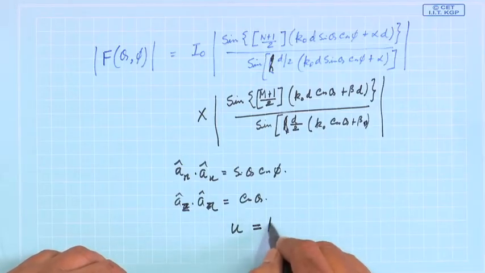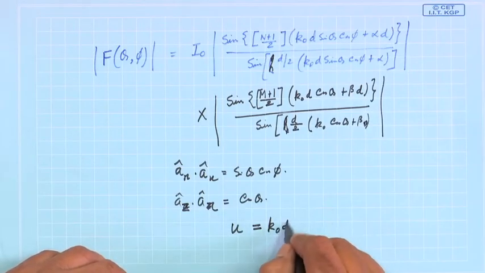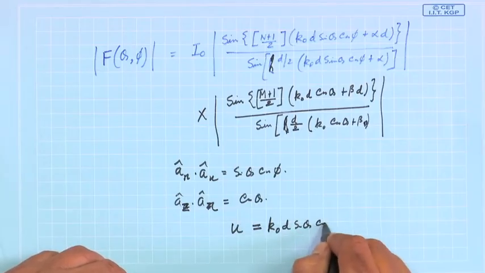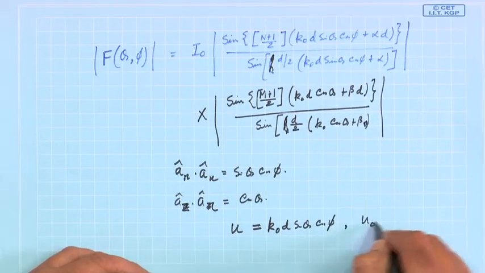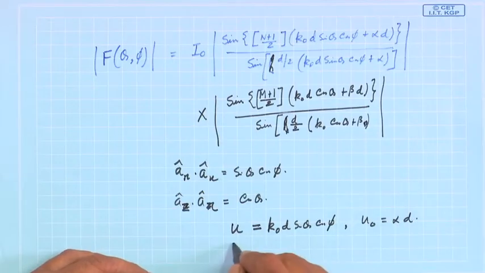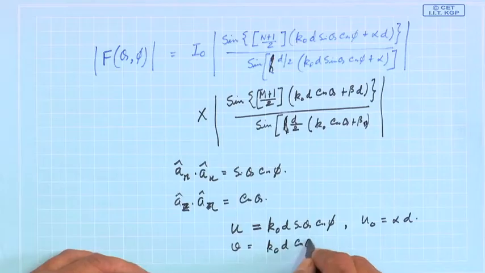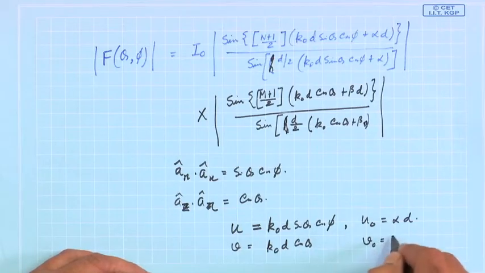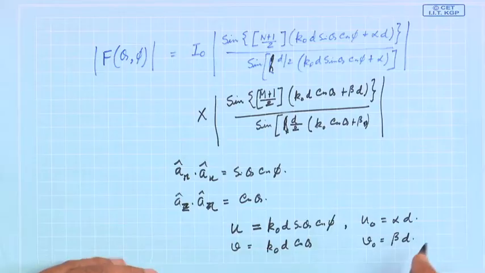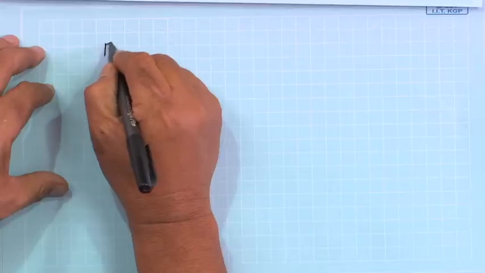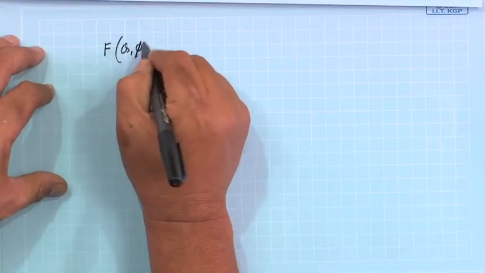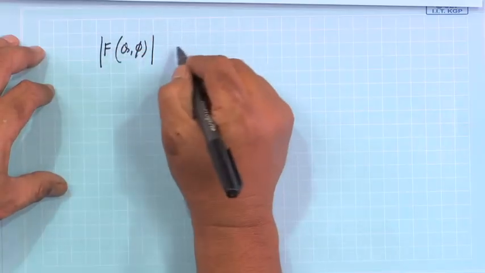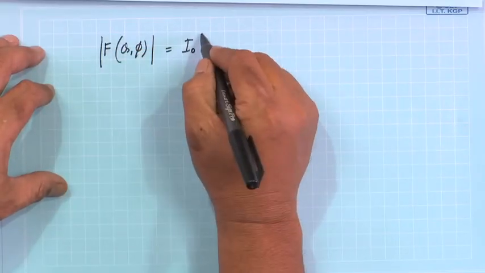So, u as before we will write as k naught d sin theta cos phi, and u naught is alpha d, and v we are introducing as k naught d cos theta, v naught is beta d, and so we can rewrite this two dimensional array factor as I naught